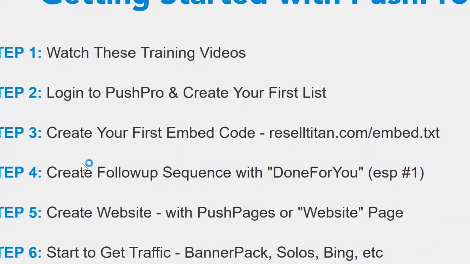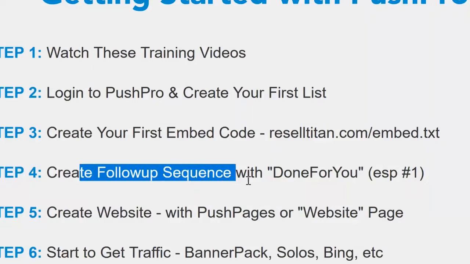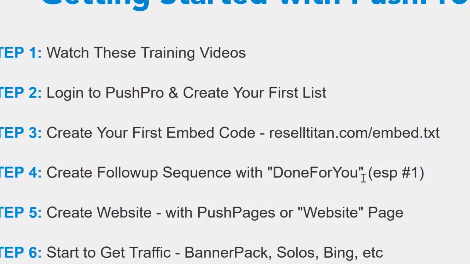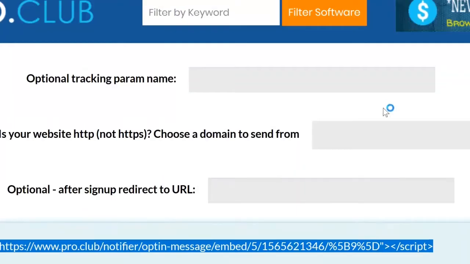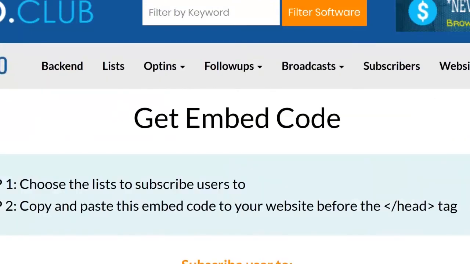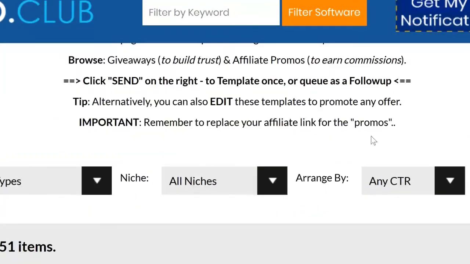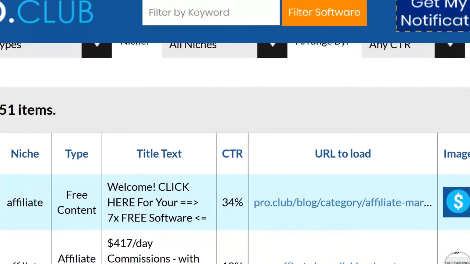Before you do that though, you'll want to create a follow-up sequence, and the easiest way to do this is to use my Done For You templates. So if we go over to the Done For You page, you'll see that the very first one that we see is the main free giveaway, which gives them those 7 free software tools. So click on Follow Up